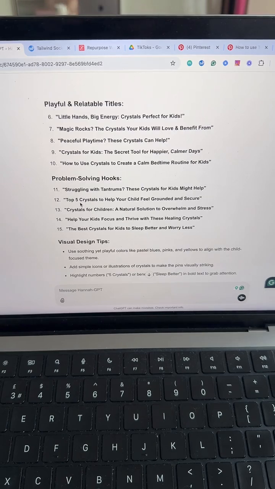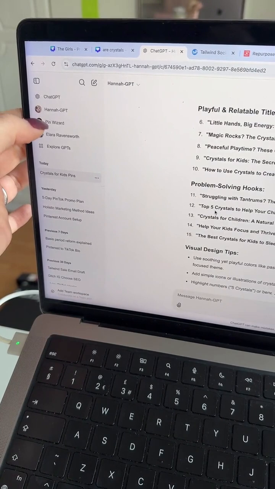What is Hannah-GPT? Is that something you created? Yeah, so ChatGPT, which I know that you're familiar with, when you pay for it, you have the ability to create your own GPT. So I just created one called Hannah-GPT that is like my marketing assistant. And when you create it, you can feed it a lot of information. So I gave it all of my product names, all of my details about my ideal client, details about what my programs include, the kind of work that I do, what I don't like to do, the fact that I'm not on Instagram and I've broken up with Instagram. It knows it all, so that I don't have to, every time I start a ChatGPT conversation, go back to an old one or start a new one and refill it in. I can just go to, I've got them up here. I've got Hannah-GPT. I've got the one for Pin Wizard, for Wizard Emporium as well.